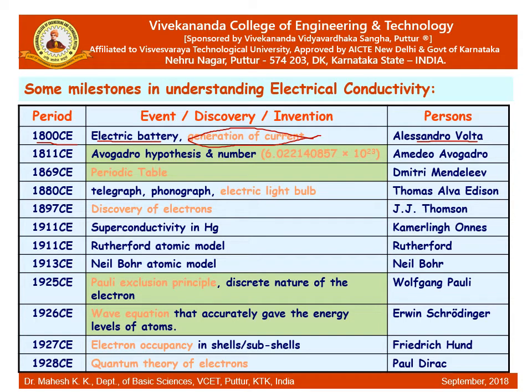But people did not know due to which factor this electricity is generated or transmitted. There are other points indicated here, which are important milestones in the understanding of electricity. You can see that in 1880 the electric bulb was invented by Thomas Alva Edison. This you also know. But the very reason for this electrical conductivity, which we now know is due to